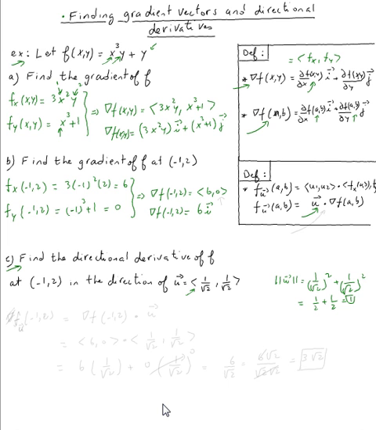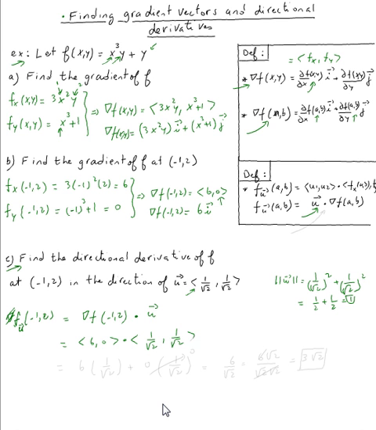So now all I have to do is use the dot product. The directional derivative in the direction of u at negative 1, 2 is equal to the gradient of f at negative 1, 2 dot u. Now this means we got 6, 0, so the vector 6, 0